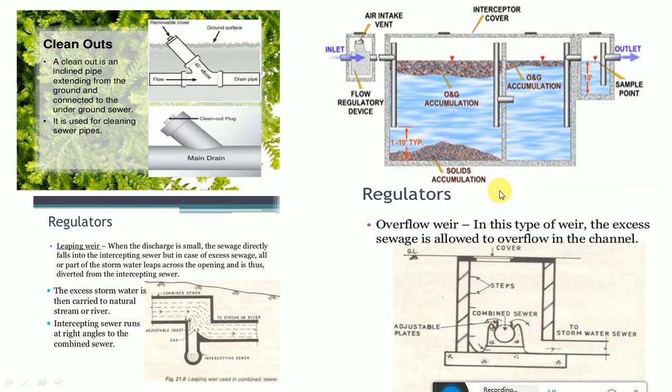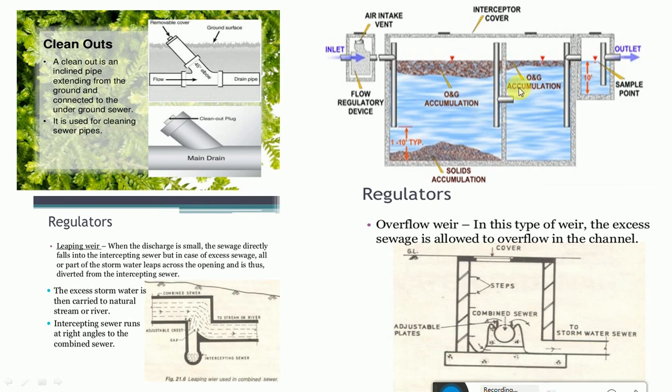Then this is called the oil and grease trap. These are located wherever we have garages or the big kitchens of bigger restaurants and hotels. If this oil and grease enters into the sewerage system, then it will cause problems, because it will affect the bacterial growth, and also it will disturb the degradation of the organic matter. So before oil and grease enters the sewerage system, we prevent it by the installation of these oil and grease traps.